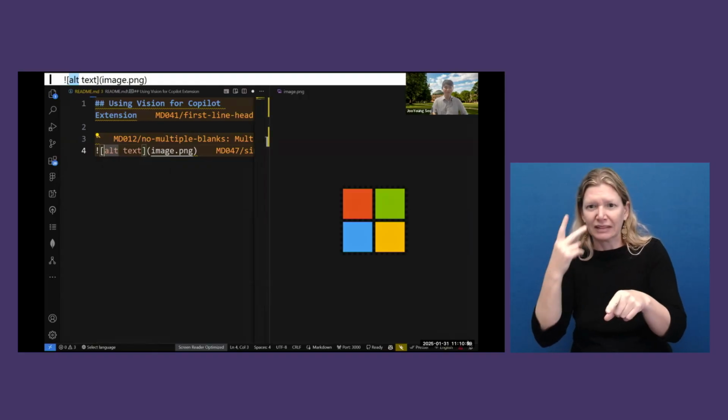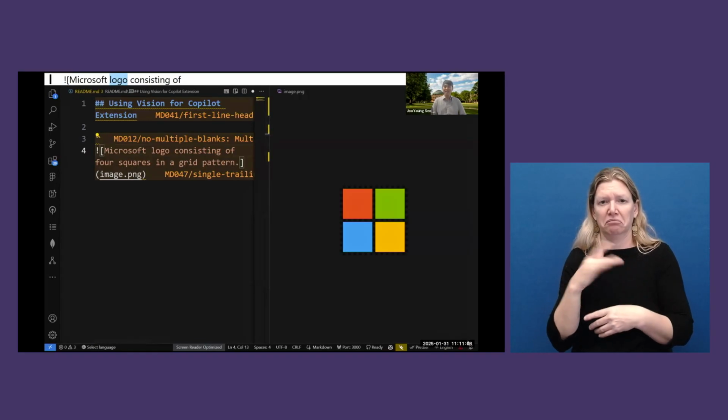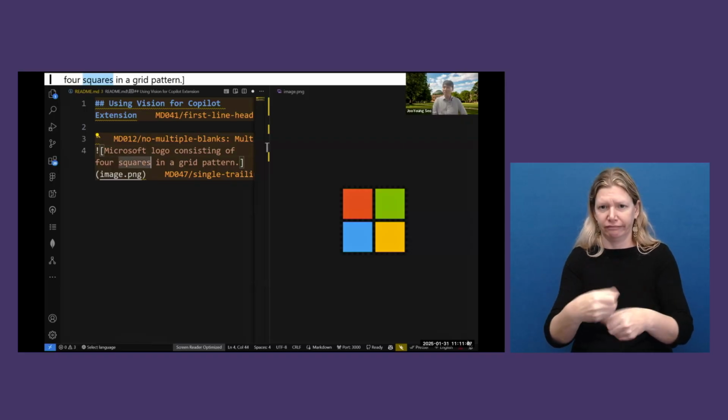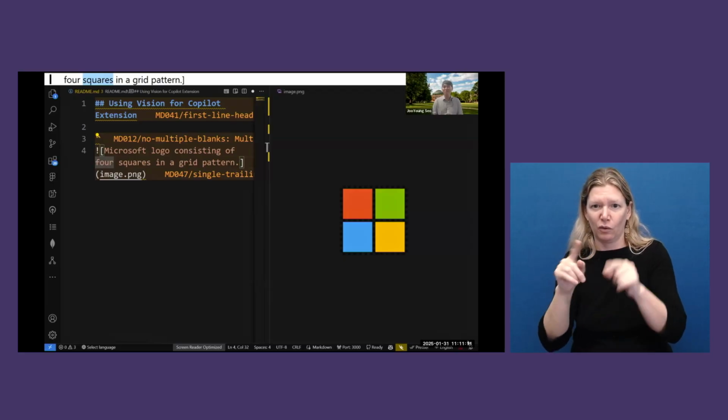Readme.md. Editor group 1. Editor. Blank. I got the result. Microsoft logo. Four squares in a grid pattern. Beautiful. Now, I'll leverage the extension to seamlessly describe the layout of a Visual Studio Code screenshot, transforming it into accessible